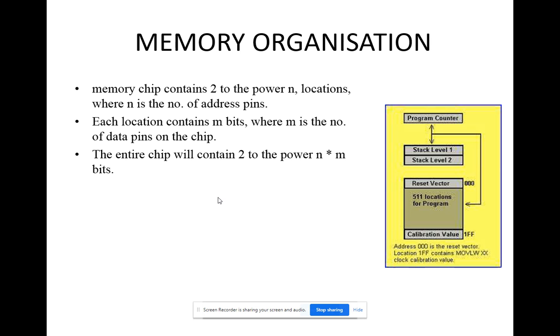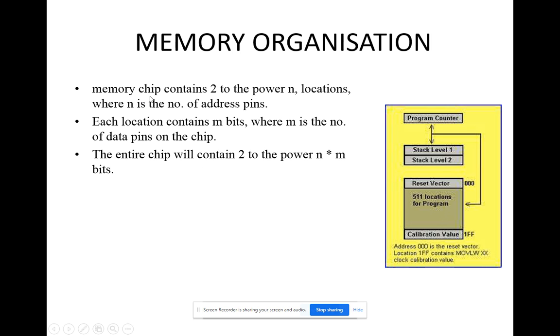So you see the diagram, you'll be having program counter, stack, level 1 and level 2, and then vector address. Okay, so at the bottom, this is nothing but vector address, 00 to 1FF. These are the range for vector address. So 1FF is calibration value. Okay, calibration, I think you all know, which will be providing the standard value for your